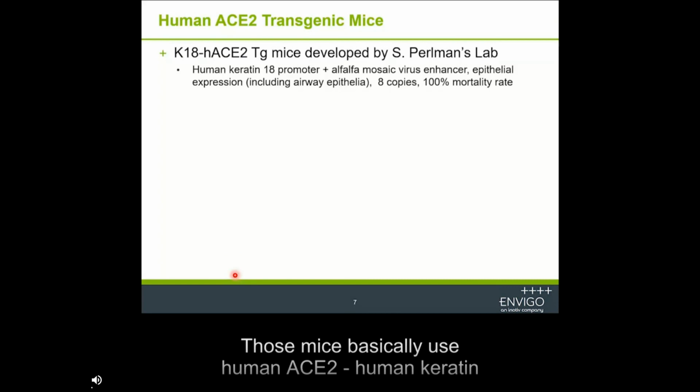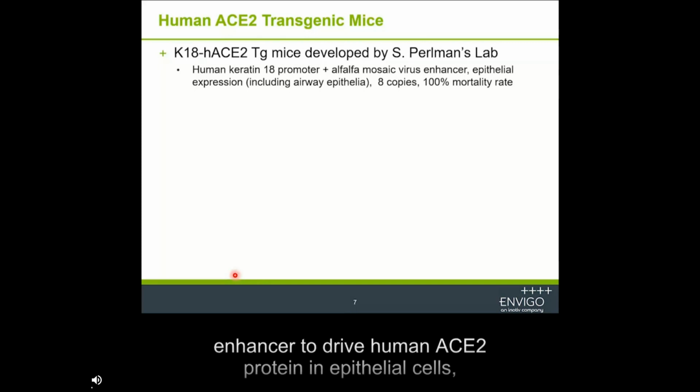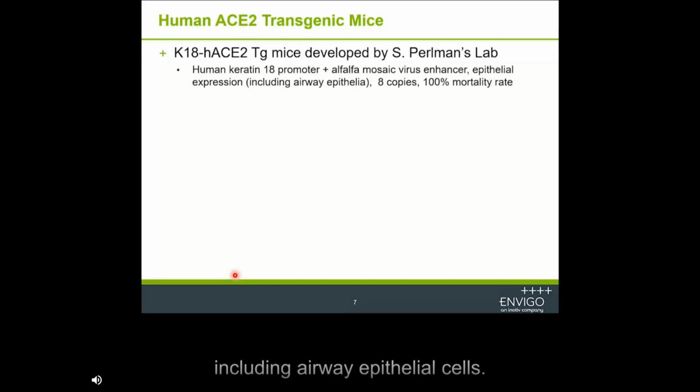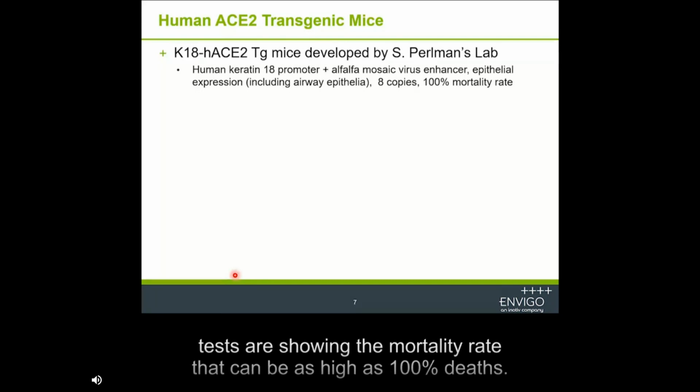Those mice use the human cytokeratin 18 promoter with an enhancer to drive human ACE2 expression in epithelial cells, including airway epithelial cells. In the original model, the transgene copy number is 8, and the original test showed the mortality rate can be as high as